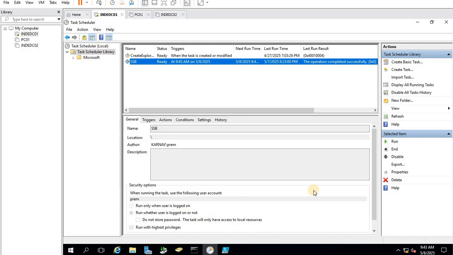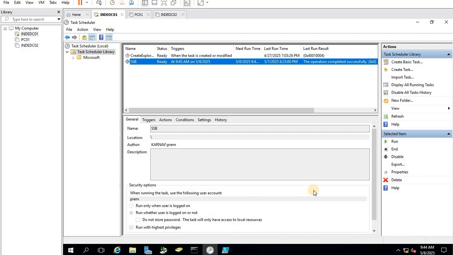So if you delete something, delete any organizational unit by mistake, and you want to get that organization and its content back, at that time you need a system state backup. And if you lose all the domain controllers in your infra, specifically if you lose all the domain controllers in your root domain, then you need bare metal recovery backup.